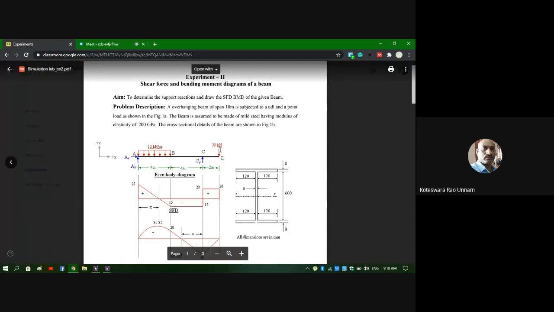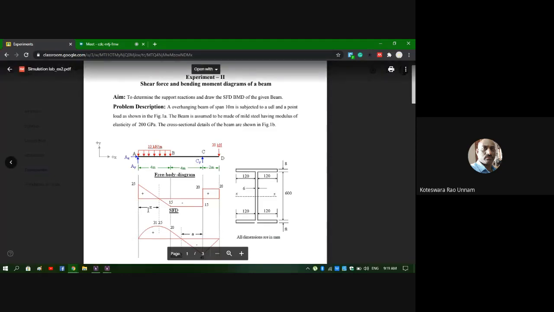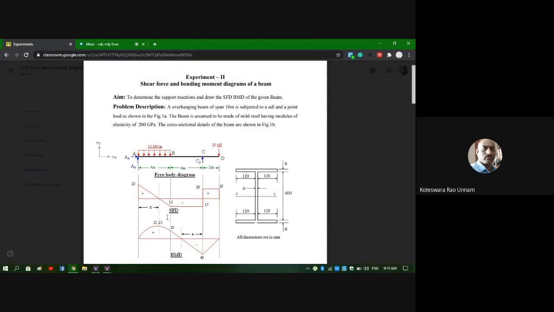So from this we can identify the details of the cross section of this beam. Now for this beam, we need to draw this. This is the analytical solution. You can see that this is the shear force diagram and this is the bending moment diagram. Now we need to plot the shear force diagram and bending moment diagram using software, and compare that with this. Whether we are getting the same values, especially what we need to look at is the maximum positive shear force and the maximum negative shear force. Similarly, the maximum bending moment and the maximum negative bending moment.